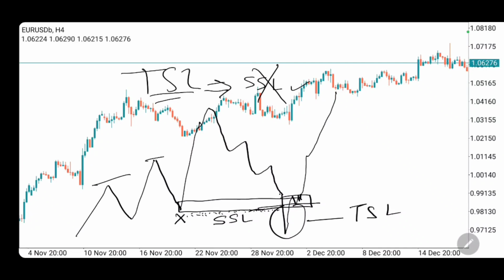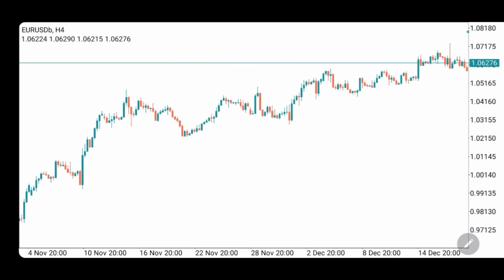All right, so now let us see how we're going to trade it. You have seen the two types of total soup, the total soup short and the total soup long, and I've shown you how these total soup occurrences happen. Now, how do you trade the total soup? Before we go into that, note that price usually sweeps 5 to 20 pips